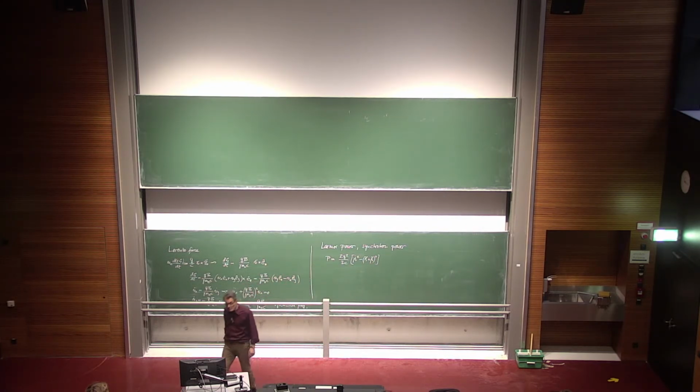I'm just copying again what we had on the board in the beginning of this lecture and also last time. Now, of course, you can parameterize the circular orbit for the particle and calculate beta and so forth. But this is much easier